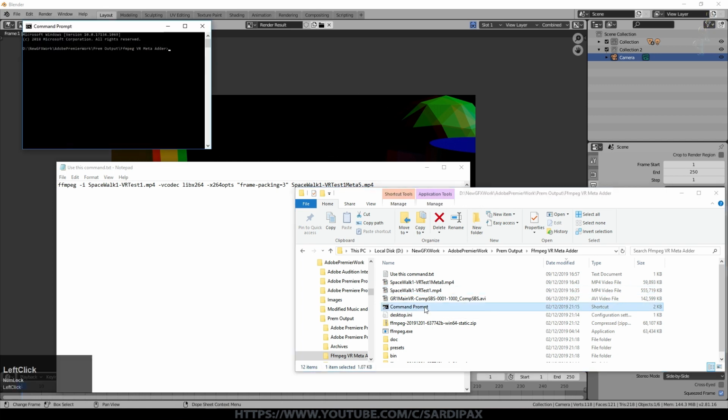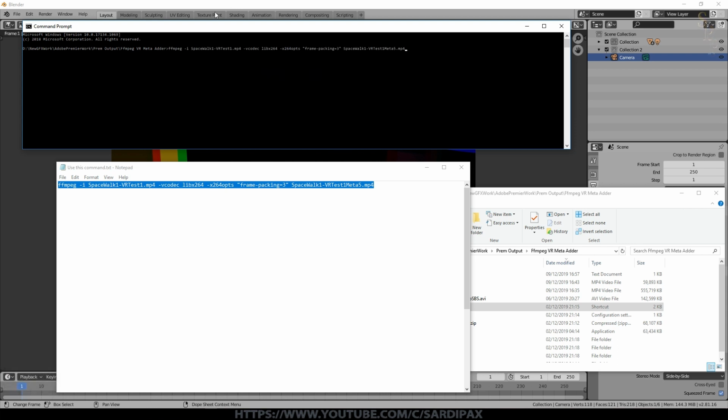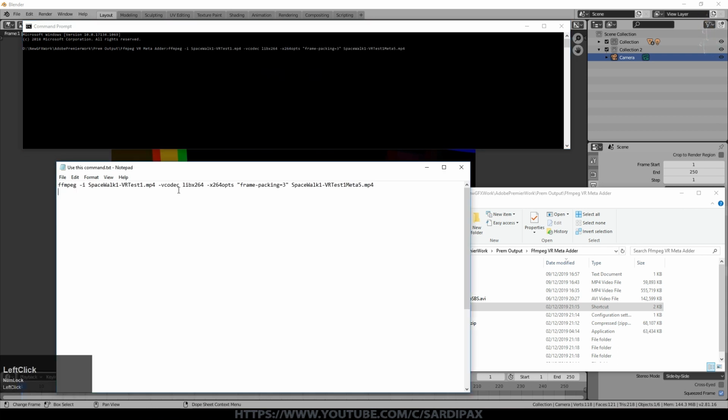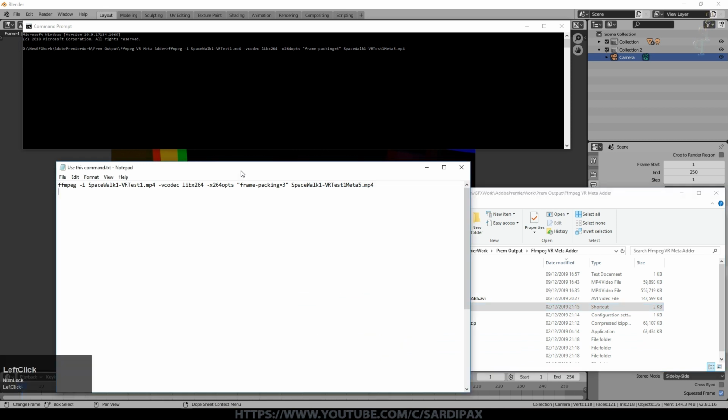So I just run that and you can see it appears up here. And then just copy this, and I'll explain a little bit more about these commands in a moment, and paste them into here. So what I've got here, I'll show it on this one as it's a little bigger. This is just the program that I'm running. You can see I downloaded it and there's a copy of the program there. These folders are folders that come with the program, and they just contain some library information that it needs. We need this -i, and then we have the file name of the file that contains our video that we need to add some metadata to.